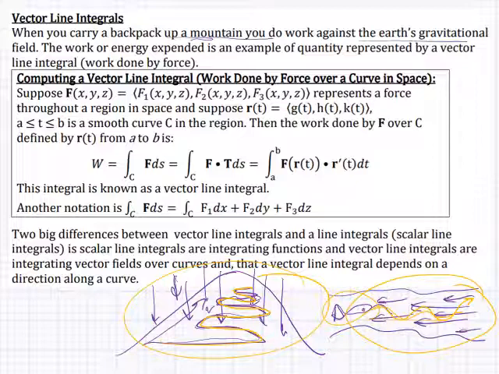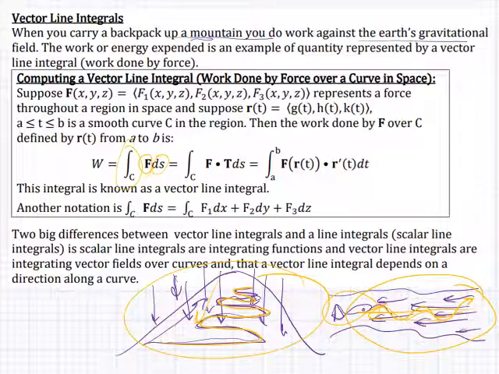You don't always have to be going against the gravitational field either. We could be coming down the mountain. We could be going with the current. But no matter what, it's the curve that you're traveling on passing through a vector field. Okay. So the first way you do it is most similar to the way we did the scalar line integrals. So if we want to calculate this integral of this vector field over the curve with respect to arc length, okay,